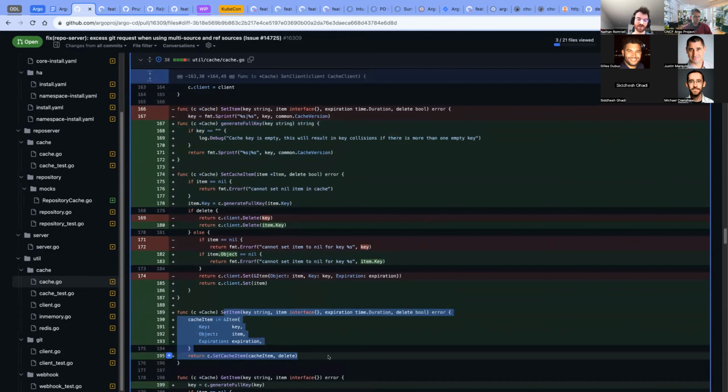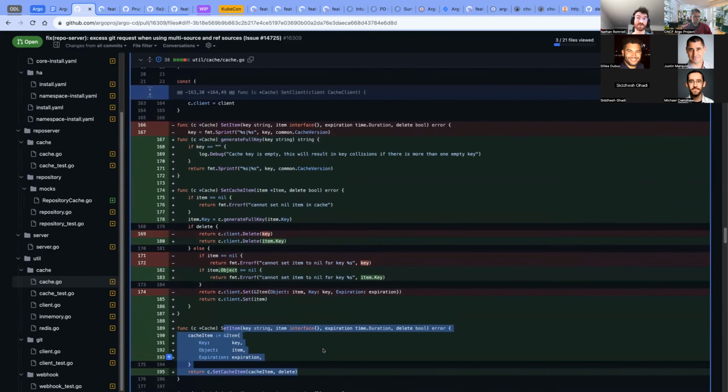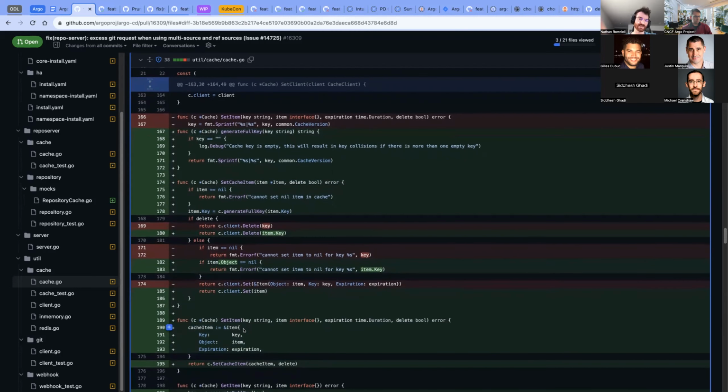What I added was a SetCacheItem. As I was writing this, I thought, anytime we add any more options, as is, we have to go update SetItem with another variable input. So in the future, anytime anyone adds any kind of option to cache for SetItem, anywhere that SetItem is called, we have to go update it.